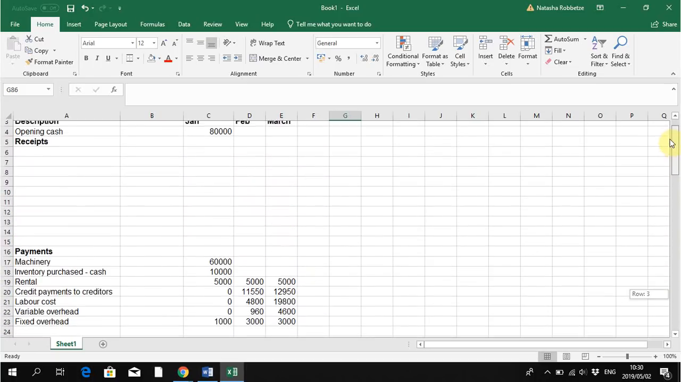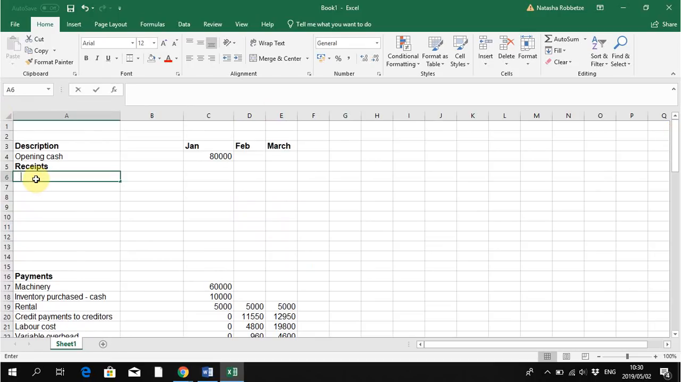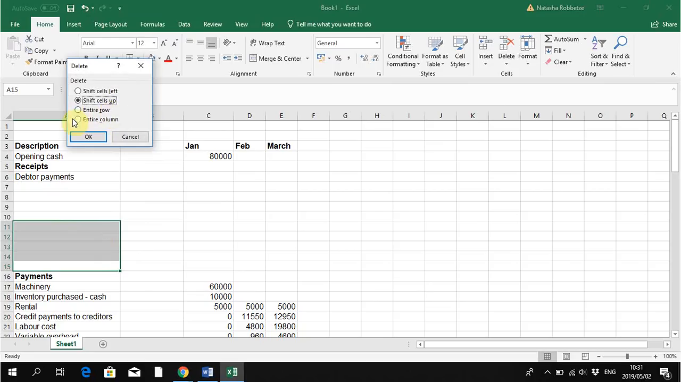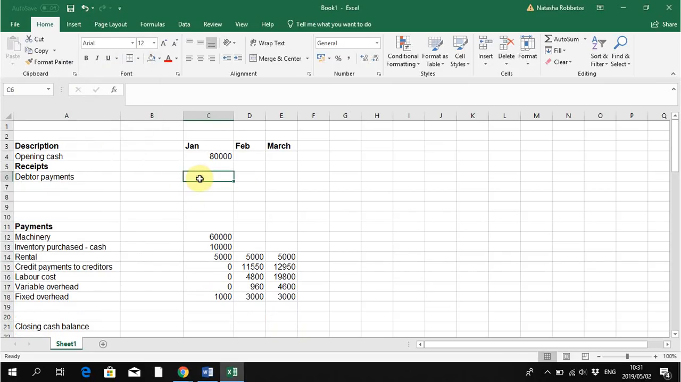So January, there's nothing. So I'm going to go to receipts and I'm going to say debtor payments. Obviously, I have left too many rows, rather safe than sorry, but we can delete them now. So there's no debtors who pay. You can also alternatively call it a debtor collection. From our point of view, it is a collection. From their point of view, it's a payment. So for the debtor collection, it was nothing for January. It was 15,200 for February, and it was